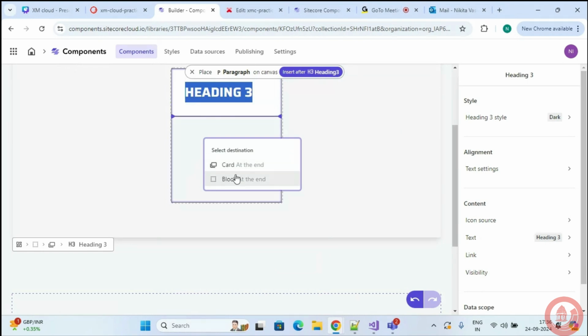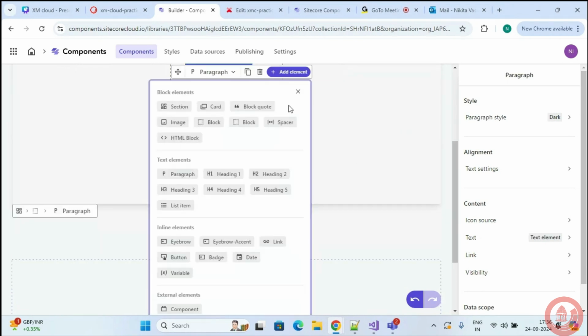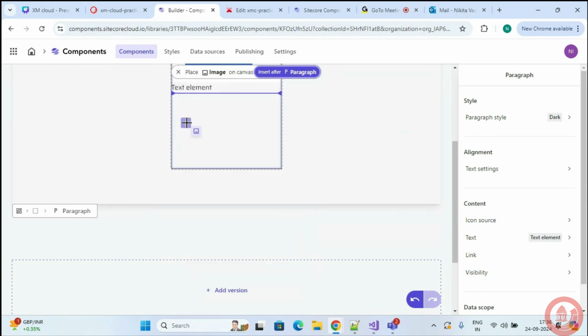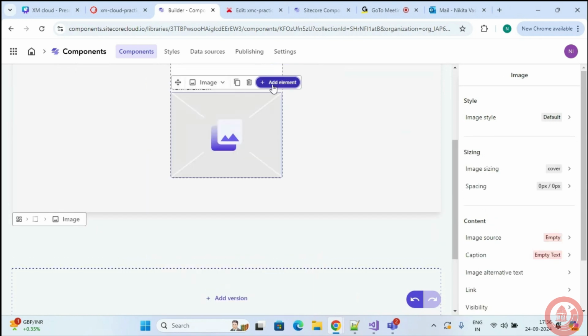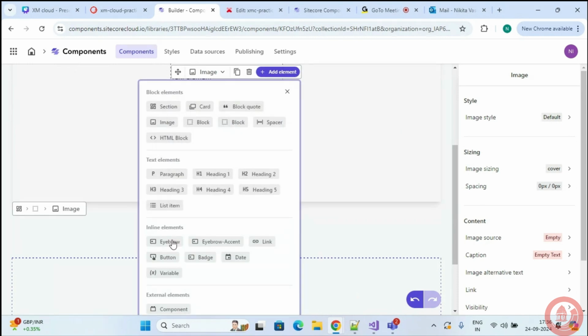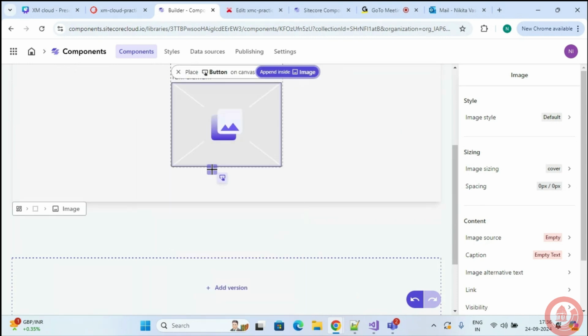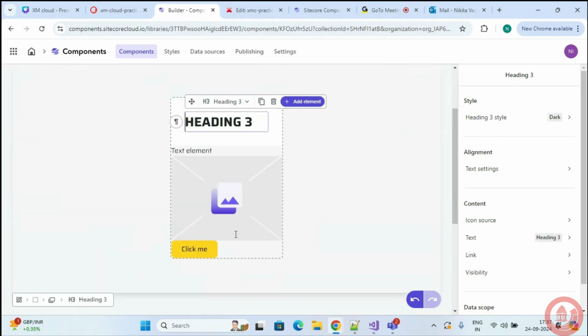I'll click on next. Over here I can see all the fields that I've created. I have one heading, so I'll map the single line text field with my heading. Then I'll select my paragraph. Similarly for this, the text I can map with the content field. Then for the image, I have the image source.